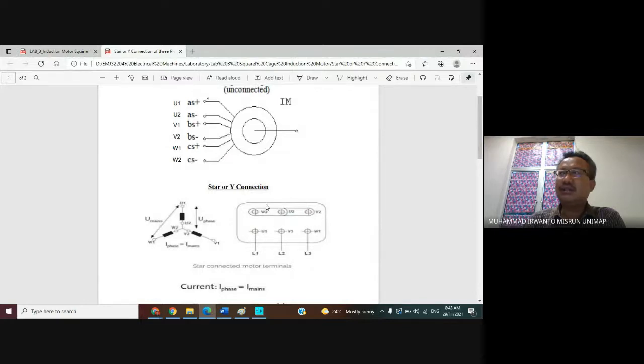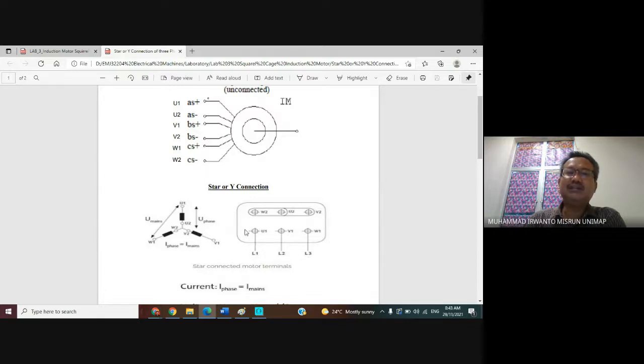On the physical motor, the symbols are already given. For the Y or star connection, just connect all of U2, V2, and W2 together, and then the others, U1, V1, W1, connect to the three-phase AC source.